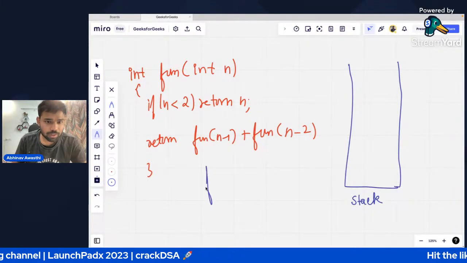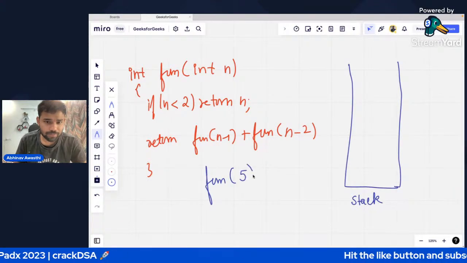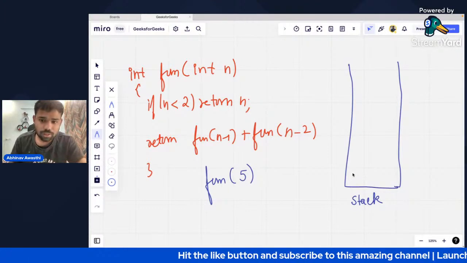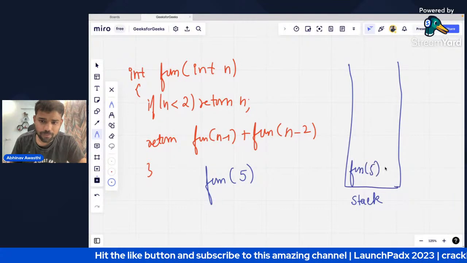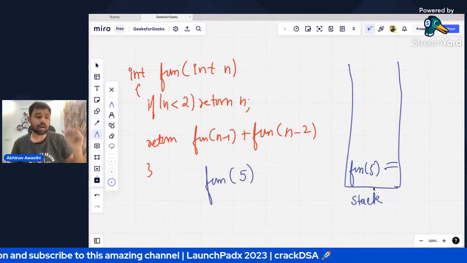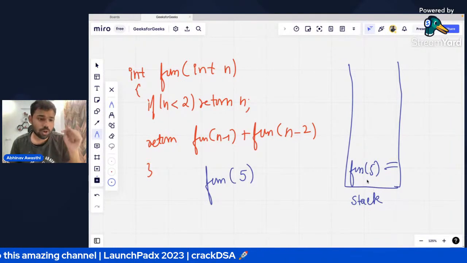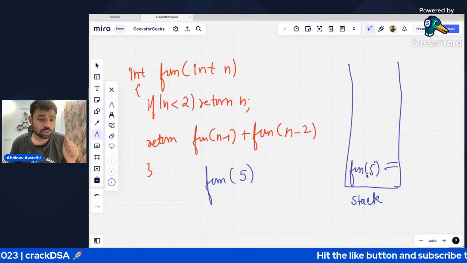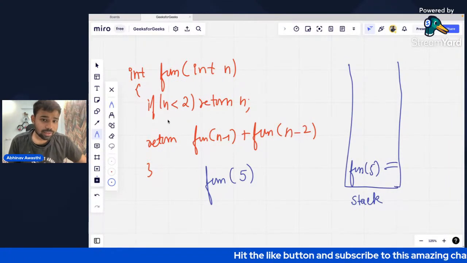So let's say I'm calling this function for fun(5). मुझे निकालना है what is the fifth Fibonacci number. Okay. First of all, function of 5 के लिए recursion call जाएगी. Now guys, tell me what will be the next part of function of 5. When I call this recursion call for 5, so क्या होगा? It will be here.